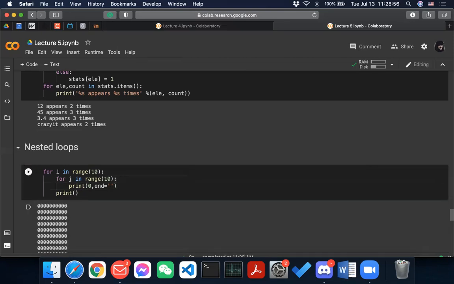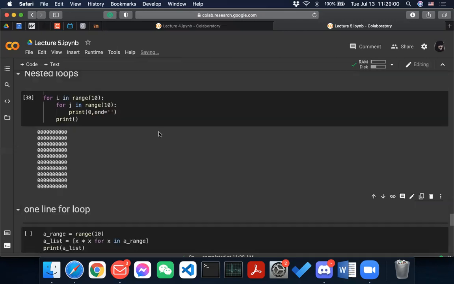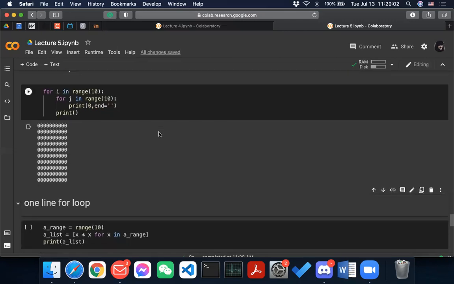Okay, so that is the thing for nested loops. And yeah, think about this. We are printing 100 zeros. Yay! As easy as that. So it is sort of like a 2D array, right? Or a 2D list.